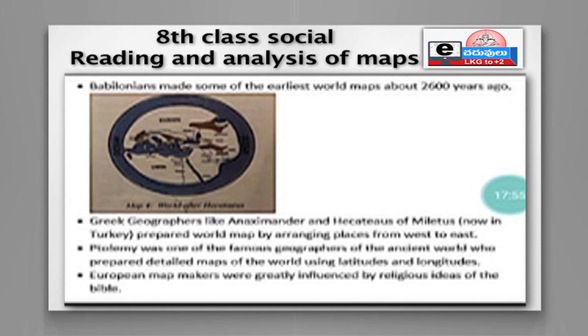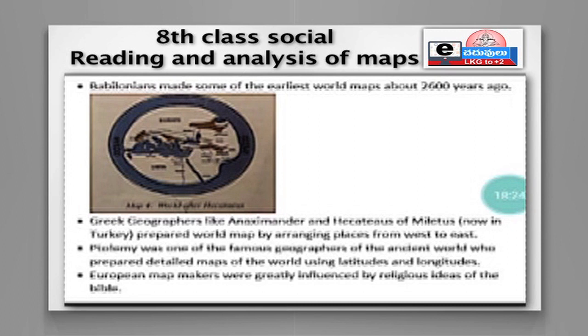So all these people took the help of the maps. Maps became very useful and necessary for them. With the help of the maps, they could travel along with their army and they used to conquer the places. In order to help the sailors, the maps also had to be accurate. Maps should be accurate,